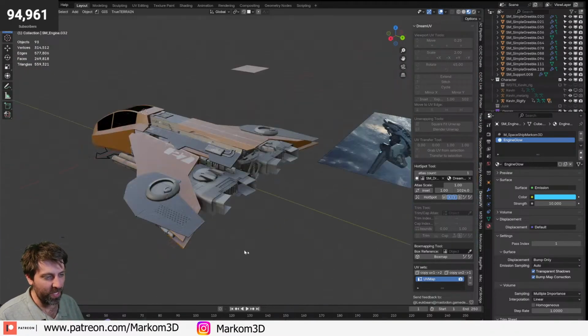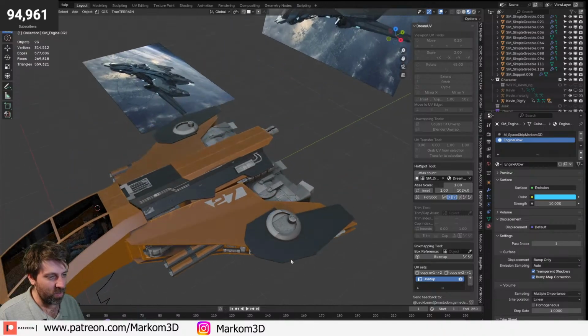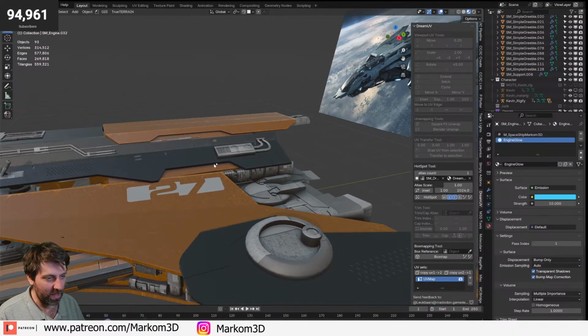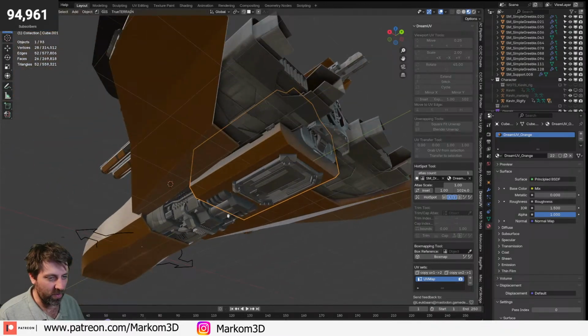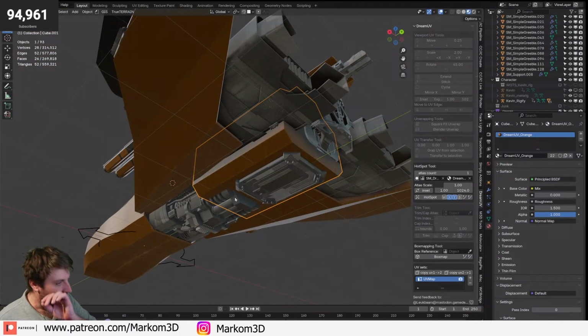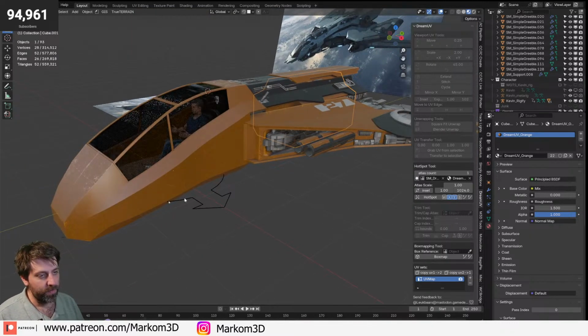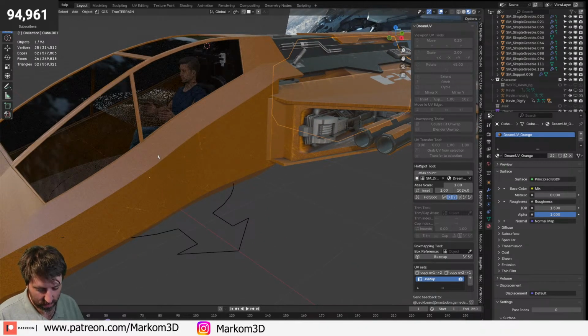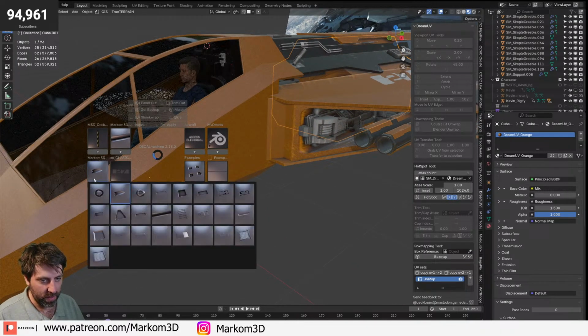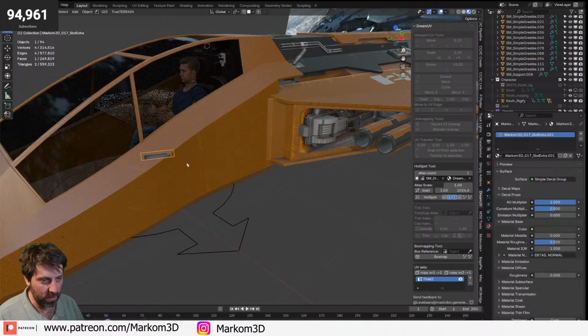I like this. This all needs to be DreamUV'd up. Well, actually, you know what? It's not too bad, actually. I like that. This piece in here, we could probably do a little bit of work, but that's okay. This is fine. Definitely, we'll put in some decals along here, just kind of colors and such. I think there needs to be something through here. So, for instance, one of the things that we see a lot in Star Citizen